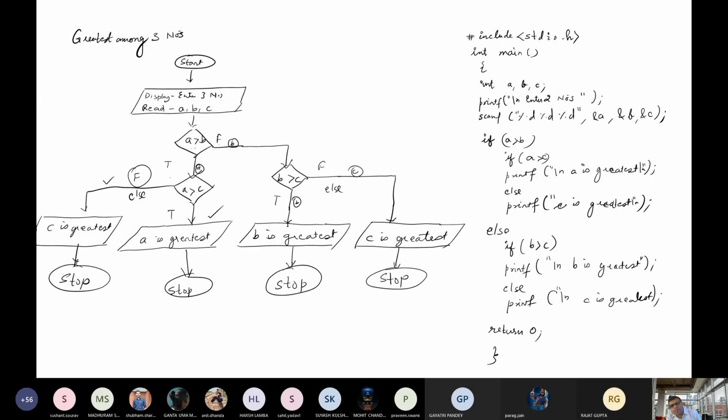Sir, can we use if else statement instead of using 2-3 loops, can we directly do it by using if else statement? We can use it instead of writing two if statements. No, here no looping is there.